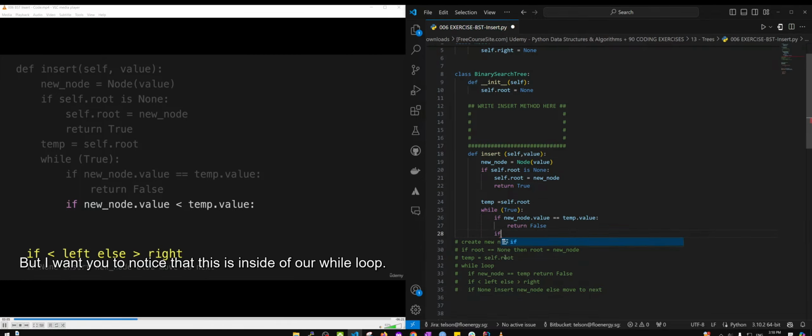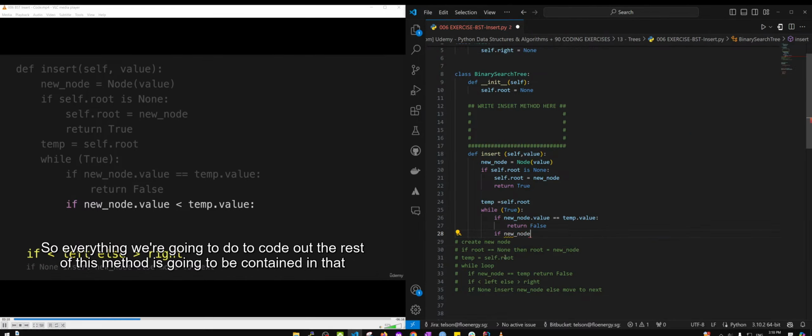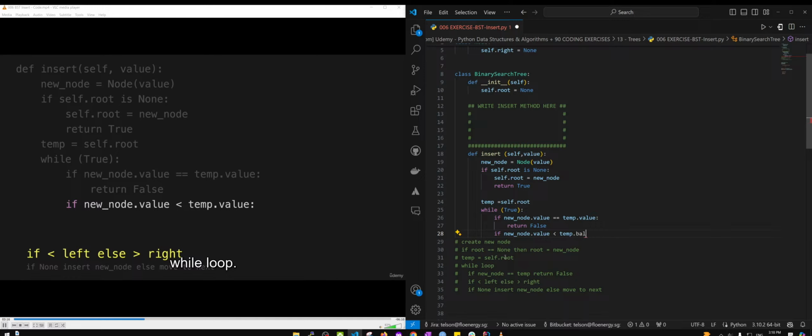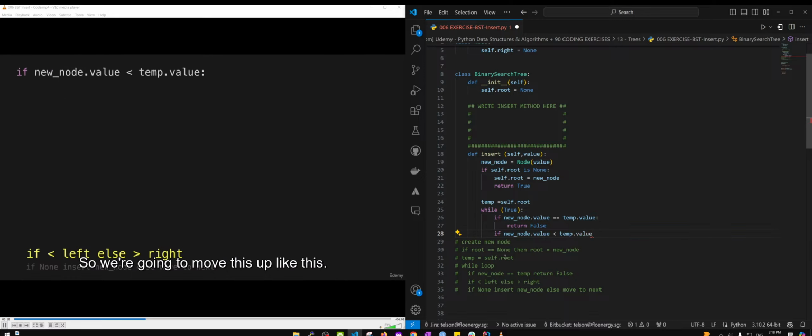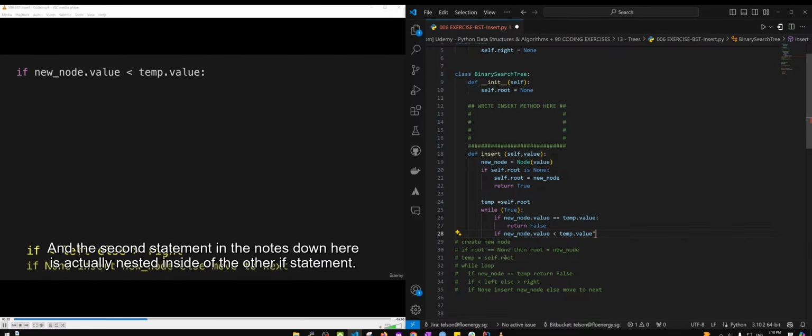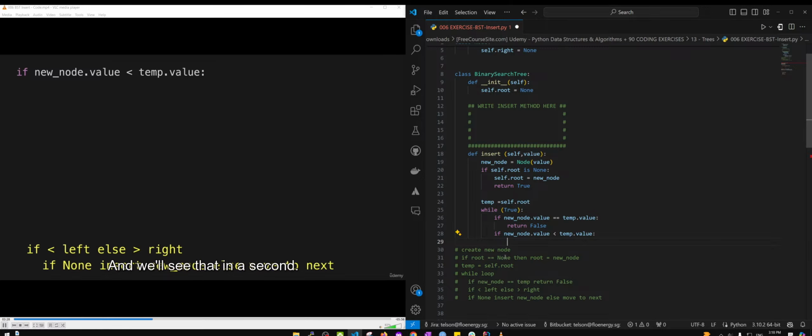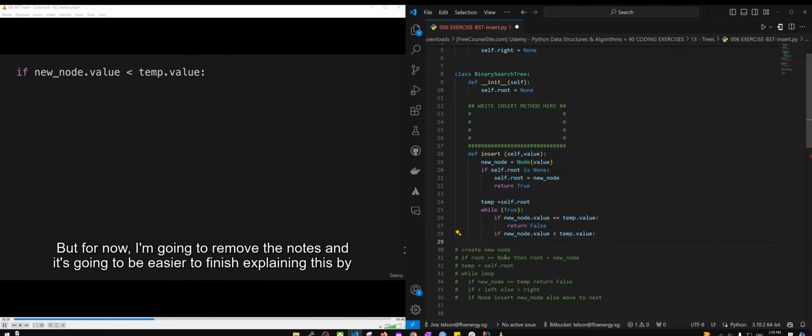But I want you to notice that this is inside of our while loop. So everything we're going to do to code out the rest of this method is going to be contained in that while loop. So we're going to move this up like this. And the second if statement in the notes down here is actually nested inside of the other if statement. And we'll see that in a second, but for now I'm going to remove the notes,